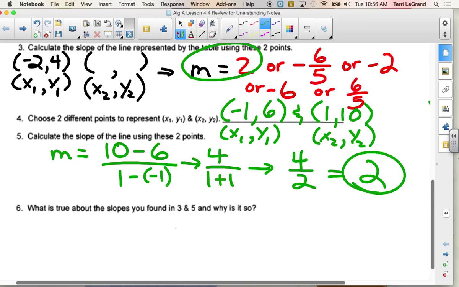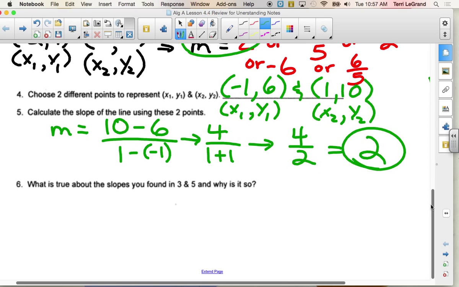How many points does any line have on it, by the way? An infinite number, yeah. There's an infinite number of points on a line, so you can pick any 2 you want on that line, no matter how close they are together or how far apart. We should always get the same slope. So because all points are on the same line,